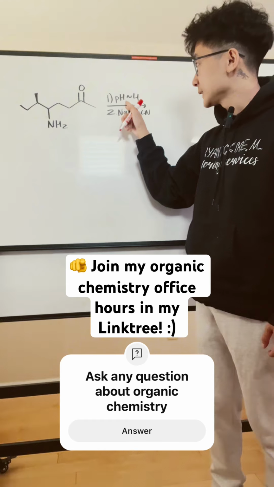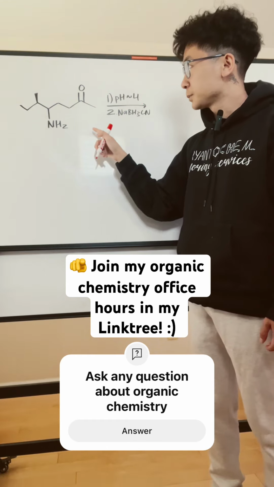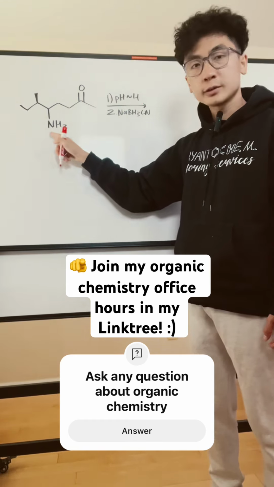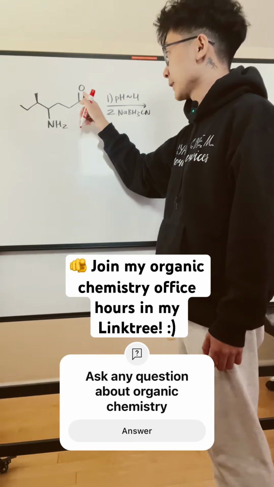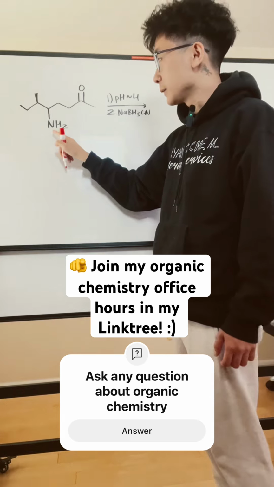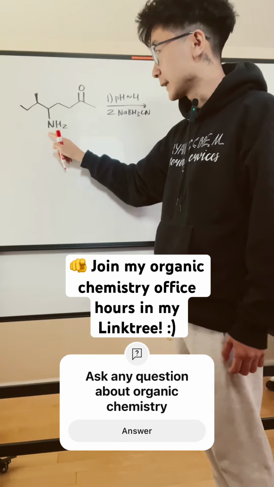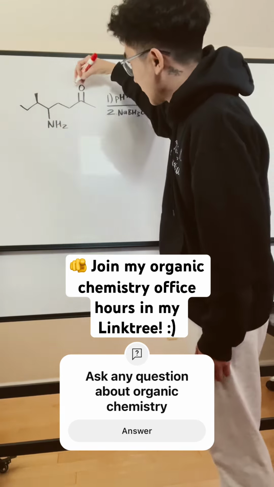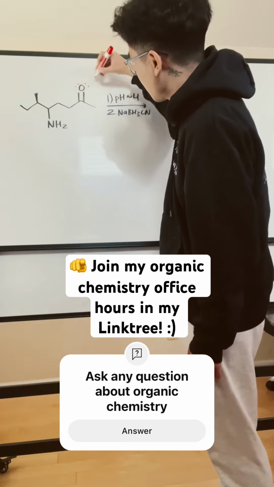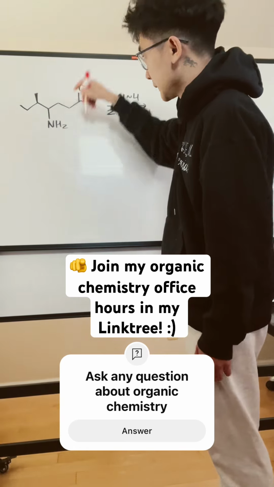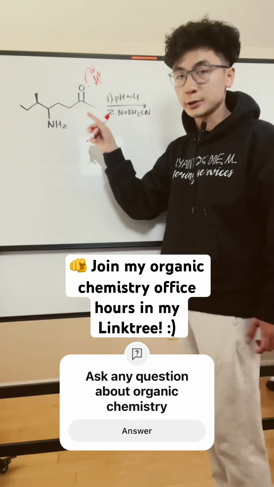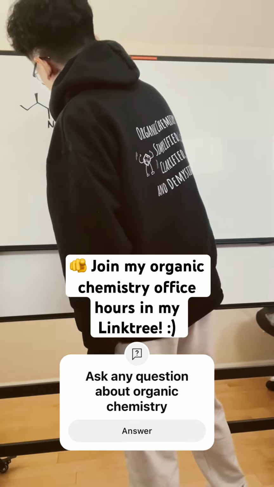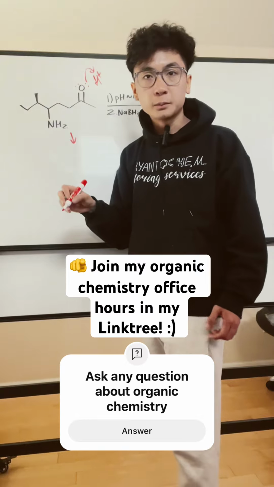So in acidic conditions here, we are going to protonate the carbonyl, right? Even though the nitrogen is more basic than the carbonyl here, once this nitrogen gets protonated, it will lose its lone pair of electrons and can no longer be the nucleophile. So that's why we are doing it in slightly acidic conditions, to avoid over-protonating this amine. We want to protonate the carbonyl oxygen instead,